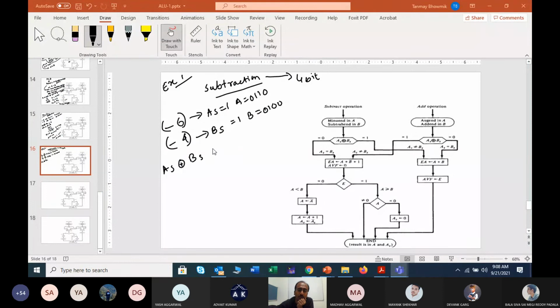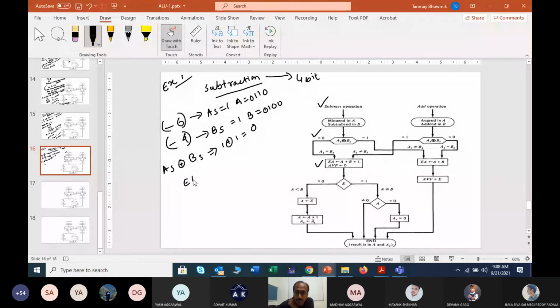Then you will just check 1 XOR 1. It will give you a 0 result. Now in case of subtraction, if you are getting a 0, that means you are performing a subtraction operation, right? As you are performing two negative number subtraction, our sign bit XOR operation is giving us a 0 result. So that means it is a subtraction operation. So what should we do now?